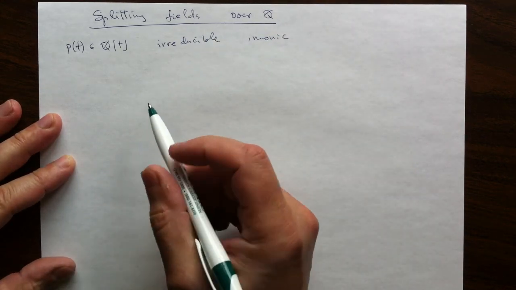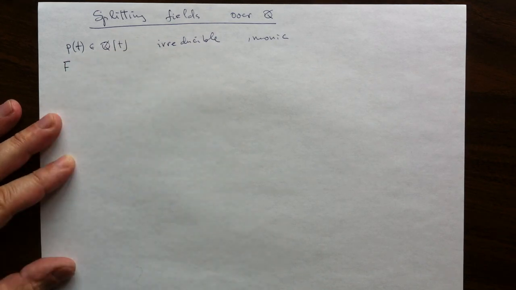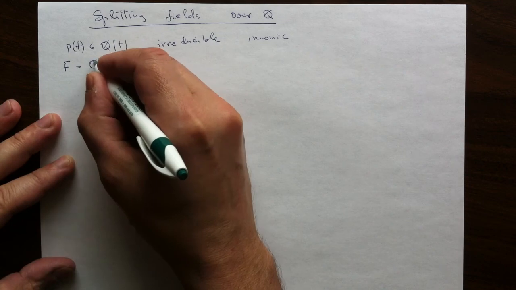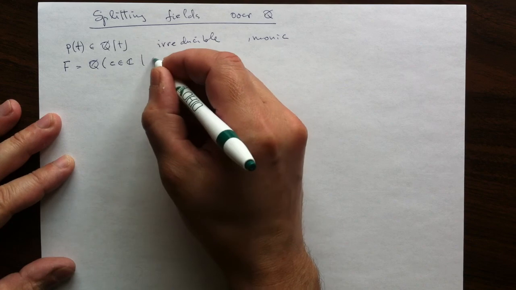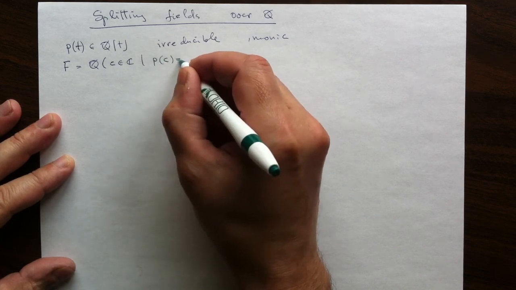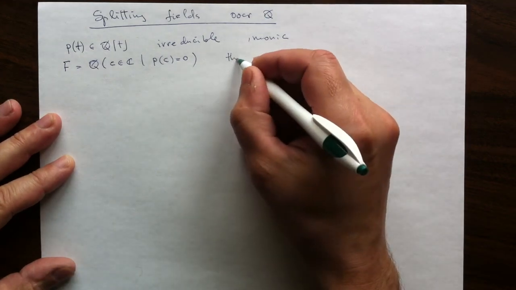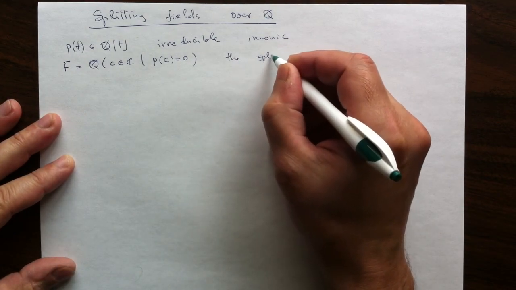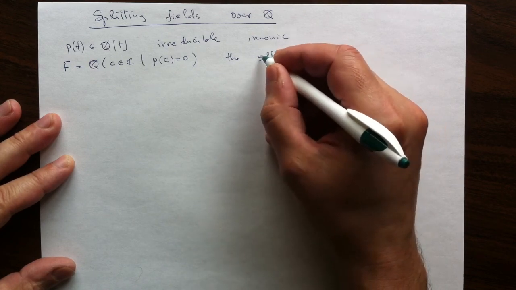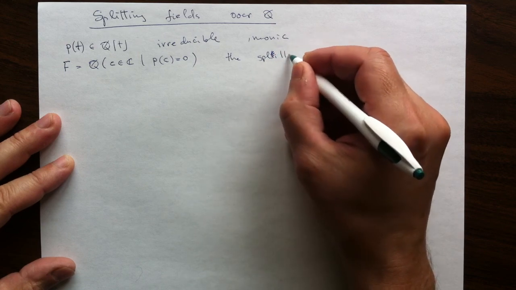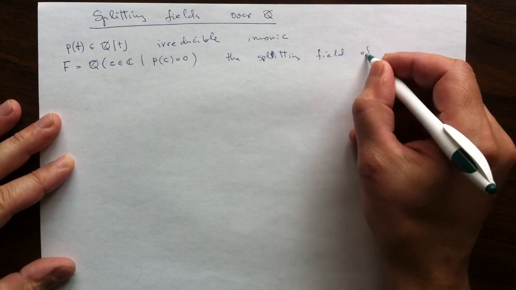And define the splitting field of that polynomial to be the result of attaching all roots, complex roots, of this polynomial to the field of rational numbers. So this is the splitting field of the polynomial p,